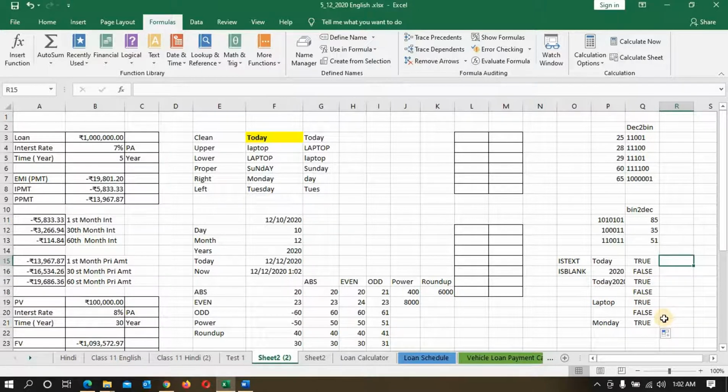Instead of this, if I put the formula is blank, it is here like this. Where it is blank it shows true, the rest is false. So we can use this smartly.